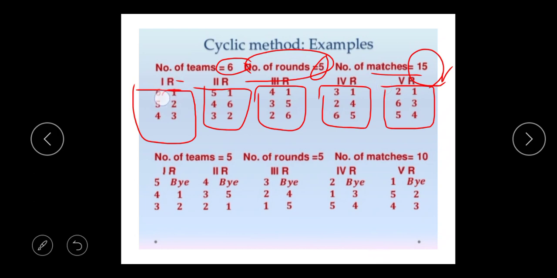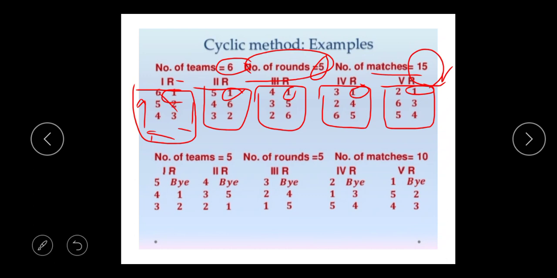One team fixes the one number in the top right side. Clear beta? Everywhere. Clear? Fixed means it will not move, and the rotation will be in the clockwise direction. Clear? Like this rotation. Understood everyone, beta? See there, the 6 number is on the top side, then the 5 number comes up, the 4 number comes up, then 3 number, 2 number, 1. Clear? Understood beta? Each and everyone changes by one place, and one number is fixed.